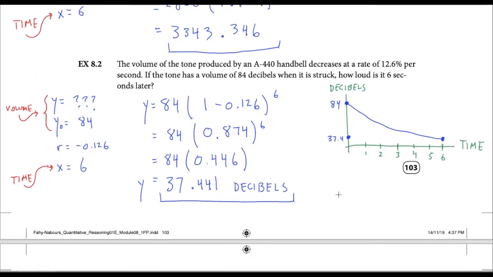In example 8.2, my dependent variable is the volume of a handbell. My independent variable is time. We have a rate of 12.6%, but that's the rate at which our quantity volume decreases. So in my formula, I've written that rate as a negative value. I have a starting value of 84 decibels, and I want to know what the value will be 6 seconds later. Plugging in and simplifying, I get a volume of approximately